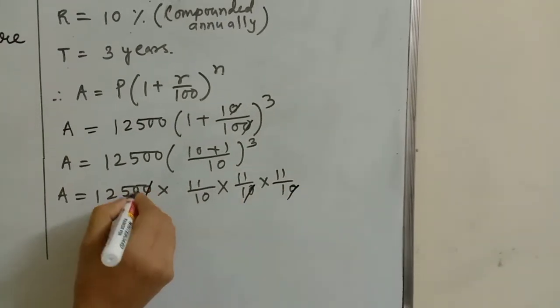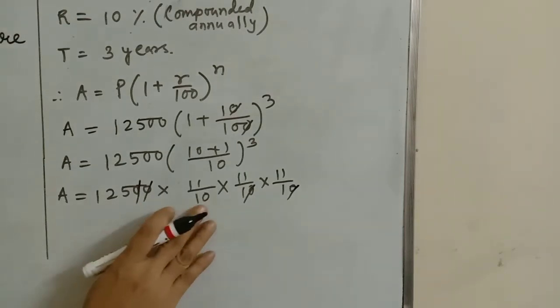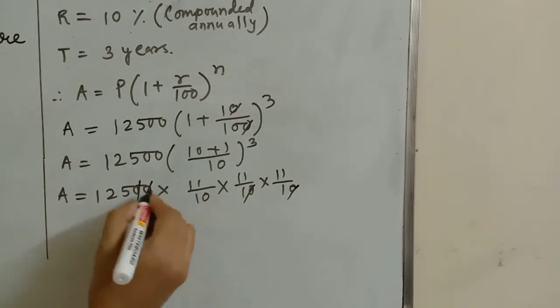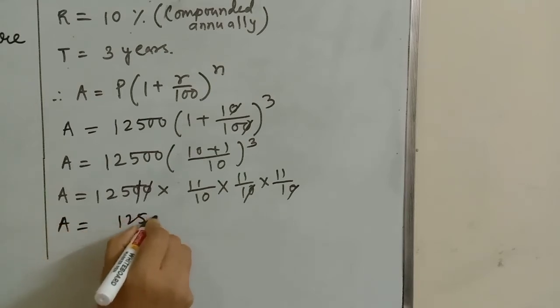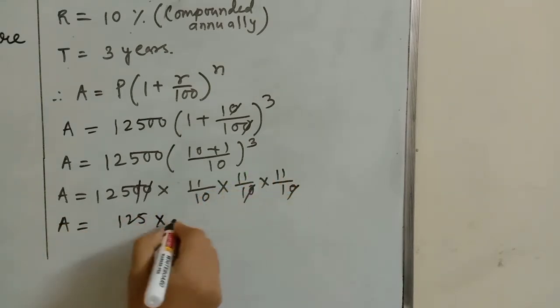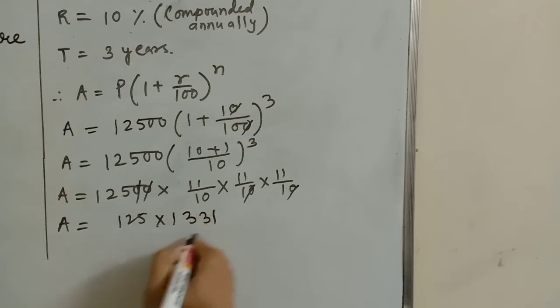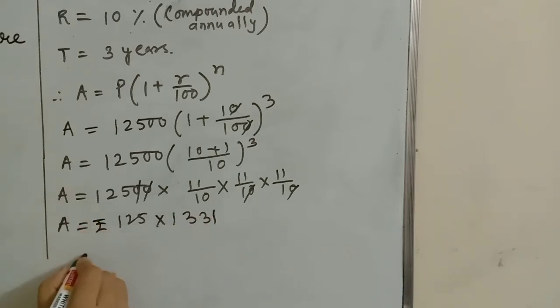The 10s you can cancel. Now keep this 10 here, it will be used for putting the decimal. 125 into 11 into 11 into 11, you know, is 1331. So the amount equals rupees 125 into 1331 by 10. If you multiply these two, you will get